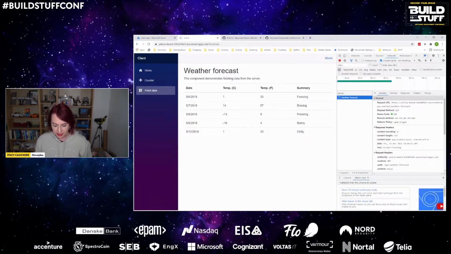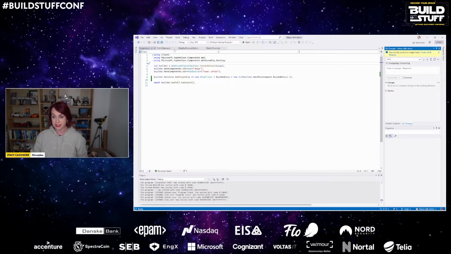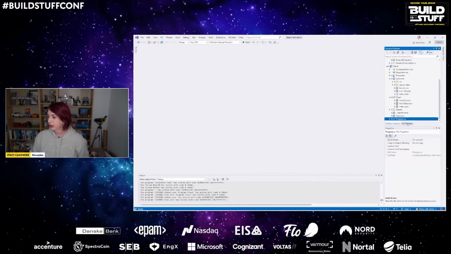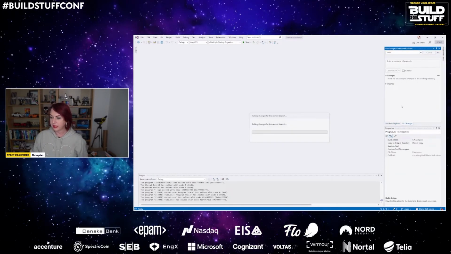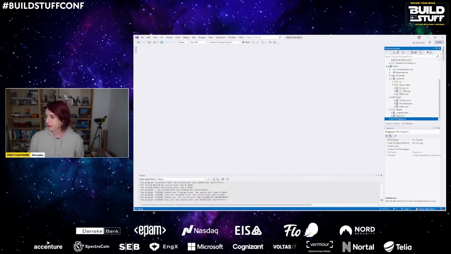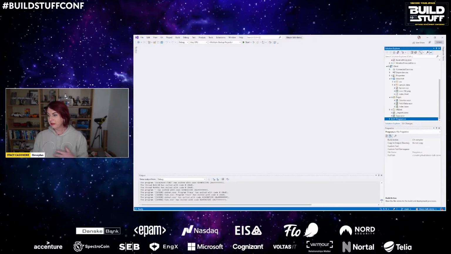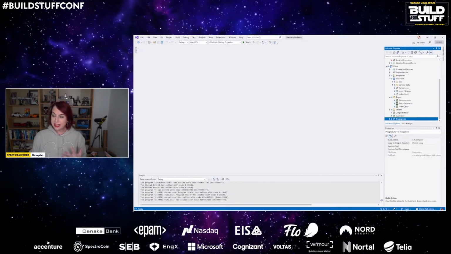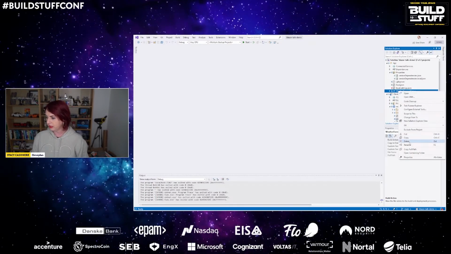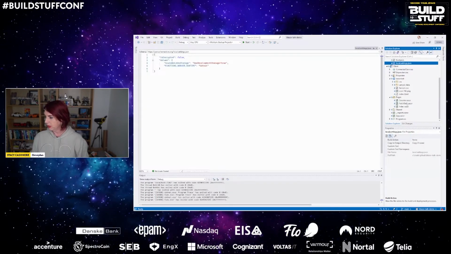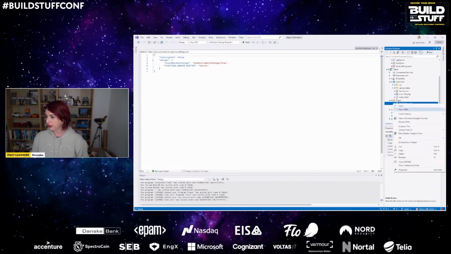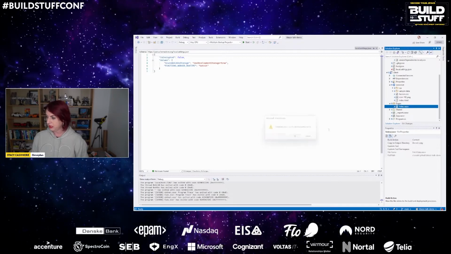So let's get back to our application and start making some changes. Let's close all these windows because we don't need them. And let's do a pull because otherwise our local branch is going to be out of date with that GitHub workflow. Now, the first thing that I really want to do here today is just do a little bit of cleanup because we've got a load of things at the moment that we don't need. So that weather forecast is gone. We can get rid of the counter because that doesn't tell that much about me. Can get rid of the fetch data.